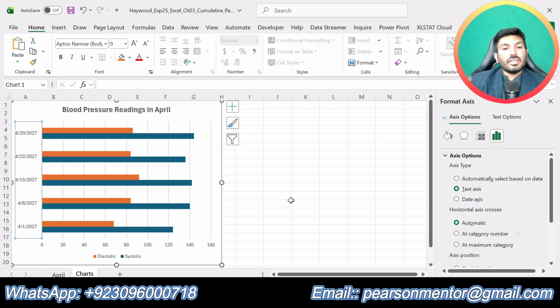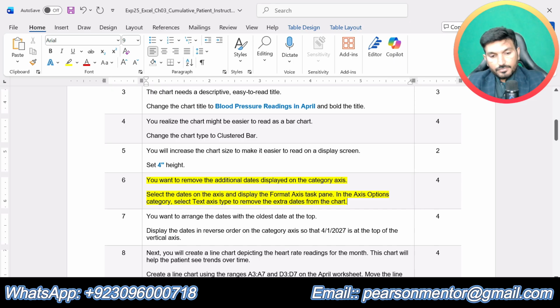So now you can see that we have removed the extra dates from this clustered bar chart, and now the clustered bar chart is looking good. So that is all about step number 6, where we were supposed to remove the extra date from this bar chart.